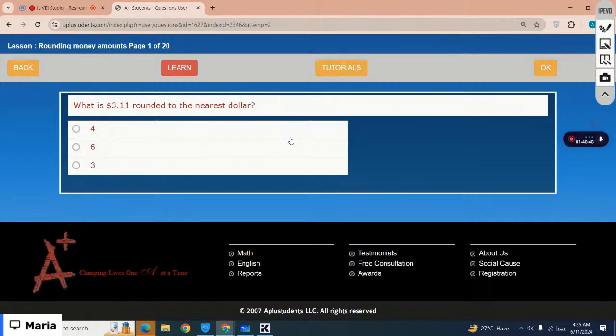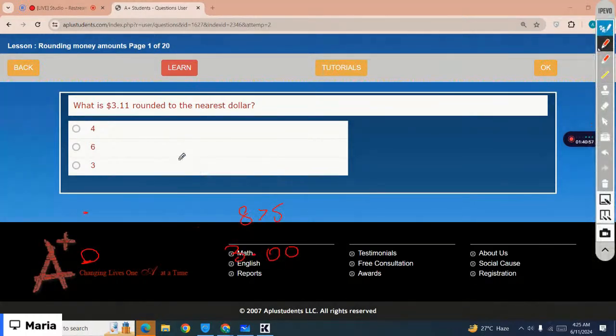Again, you need to round off to the whole number, right? The whole number is 3. And right after the decimal point, the number is 1. So 1 is less than 5, right? That means you need to round down and keep the same whole number. So that would be